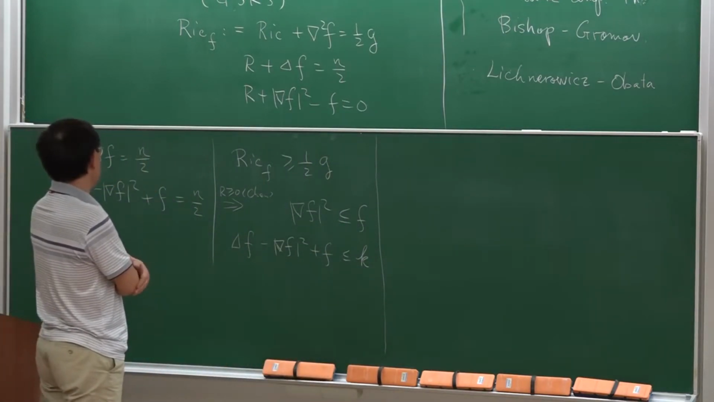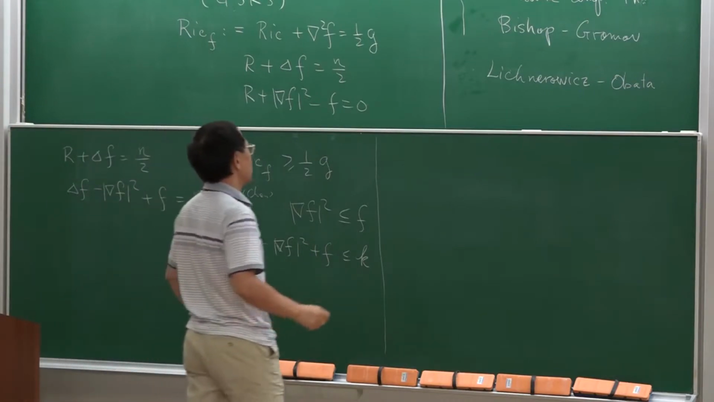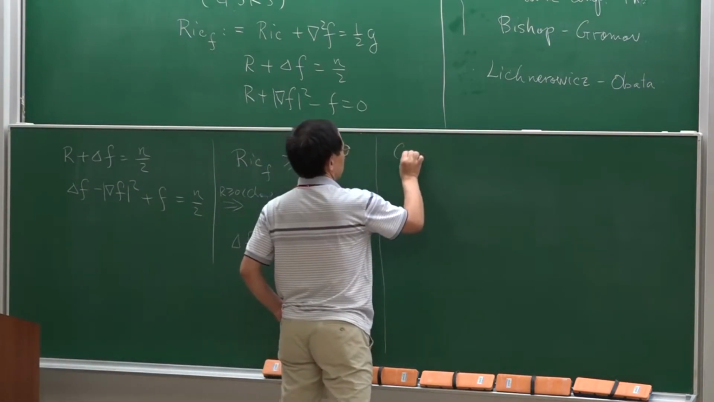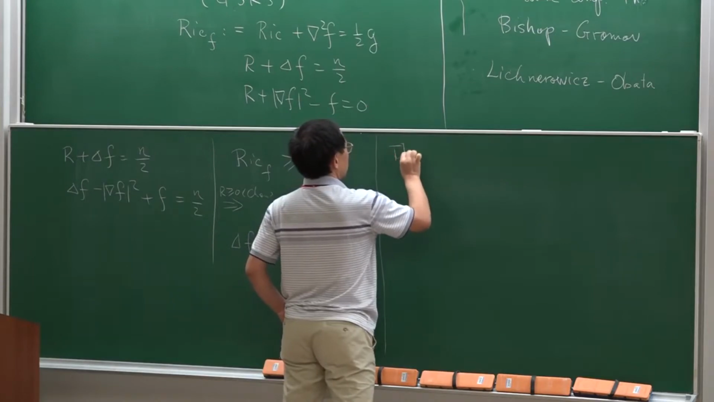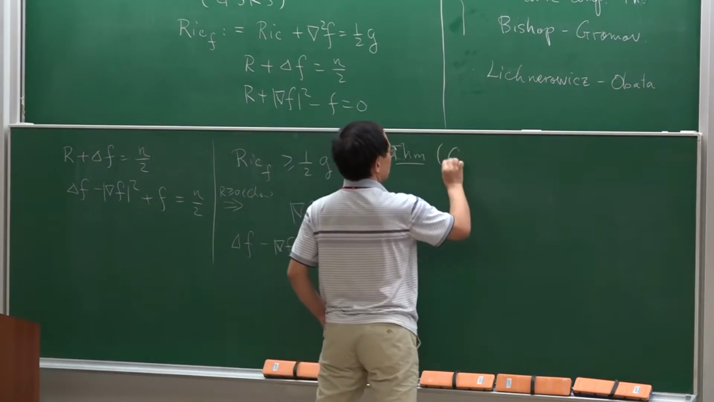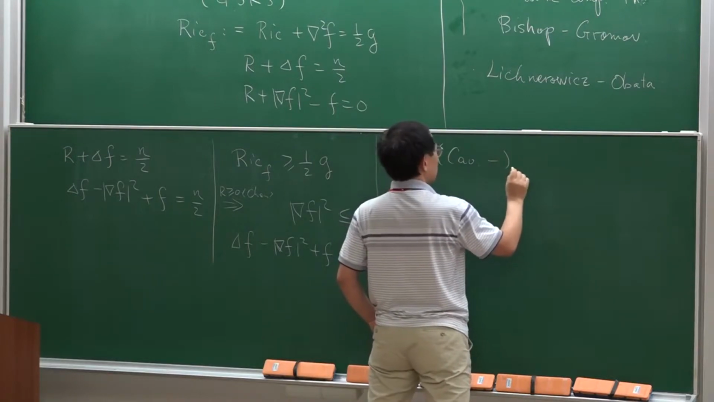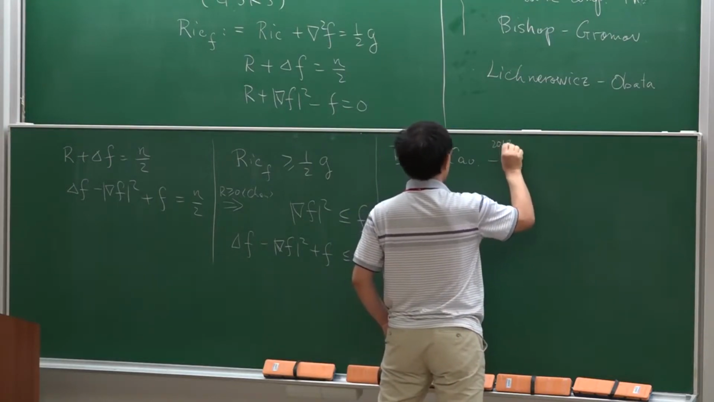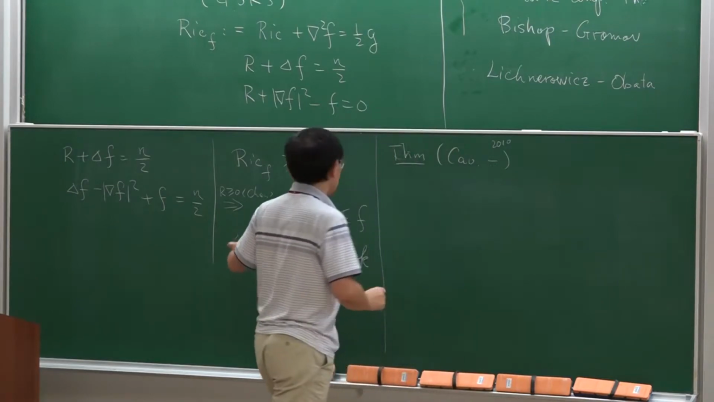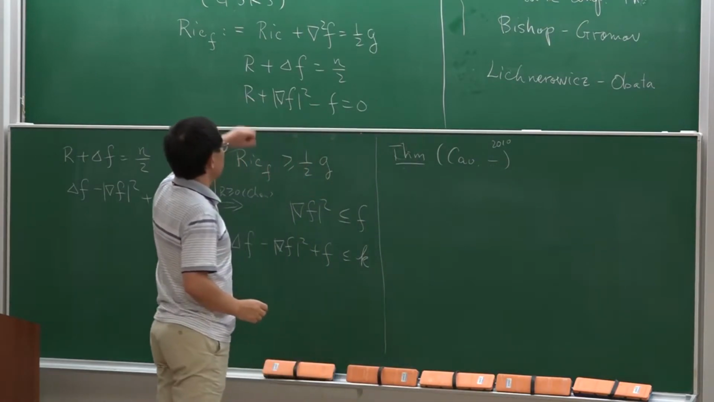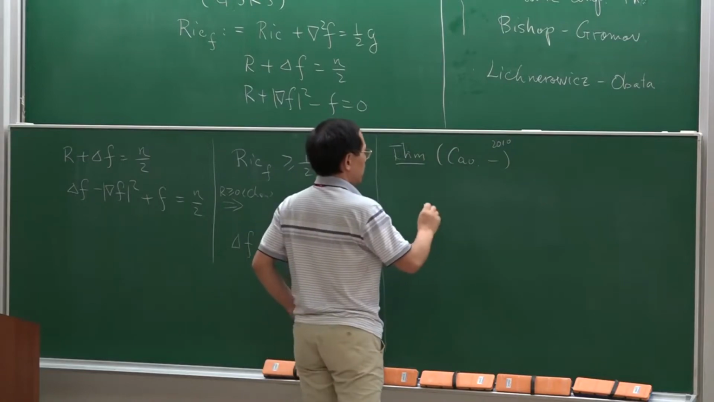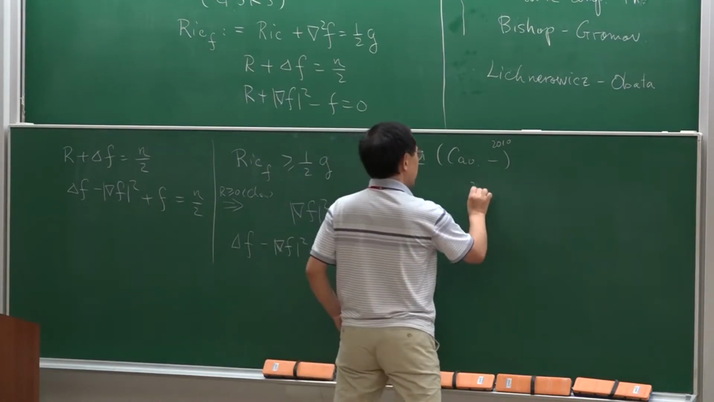So let me start with a theorem we proved with Huaidong in 2010. So for the normalized Ricci soliton, we have